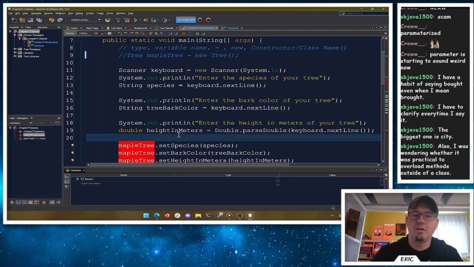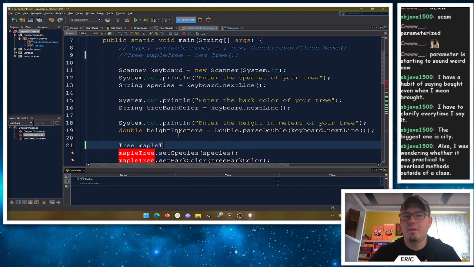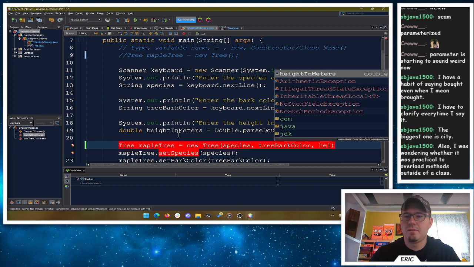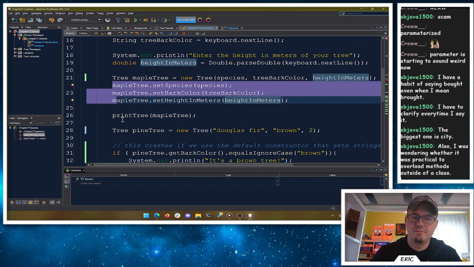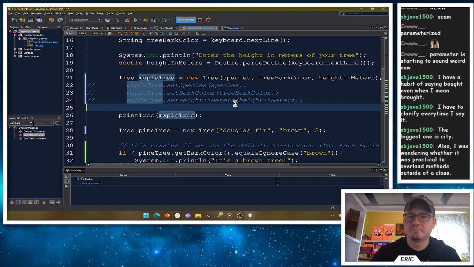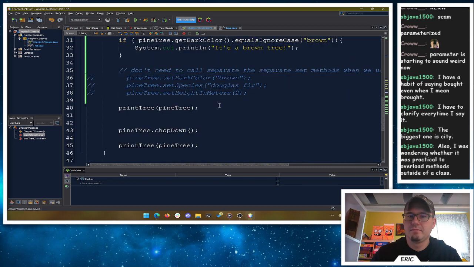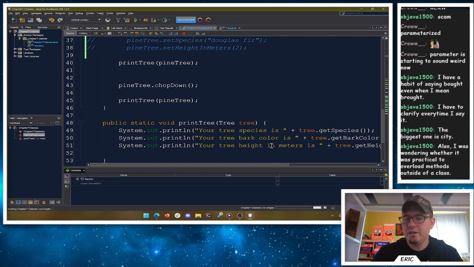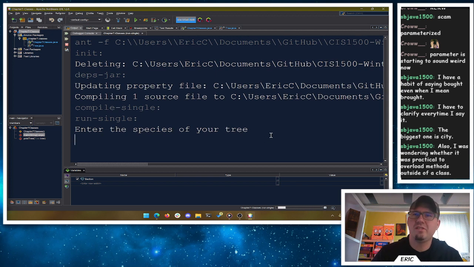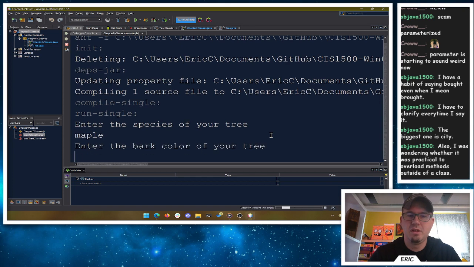To down here. We can say tree, maple tree equals new tree, given the species, the bark color, and the height. Right? And then I don't need to call these set methods. So again, it's going to depend on what we want to do here. The height definitely will change, right? The species won't change. The bark color technically can change, I guess, maybe. I don't know if that's practical or not, but sure, why not? Maple, brown,